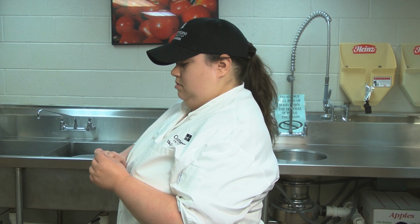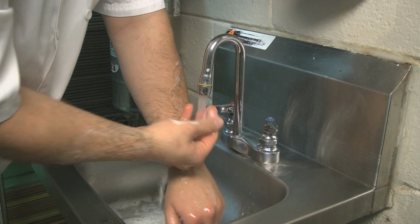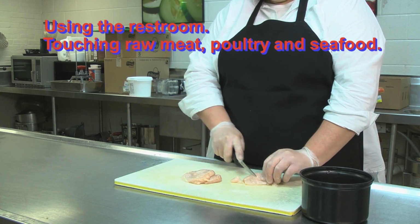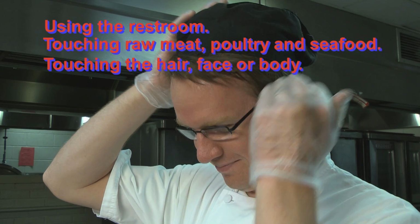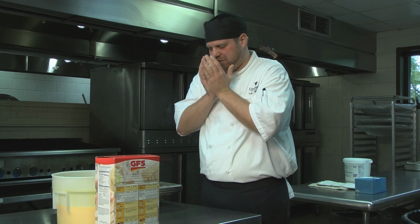When should you wash your hands or change your gloves? Food service employees must wash their hands before starting work. Employees must also wash hands and change gloves after each of the following: using the restroom, before and after handling raw meat, poultry, or seafood, touching the hair, face, or body, sneezing, coughing, or using a tissue, wiping or touching